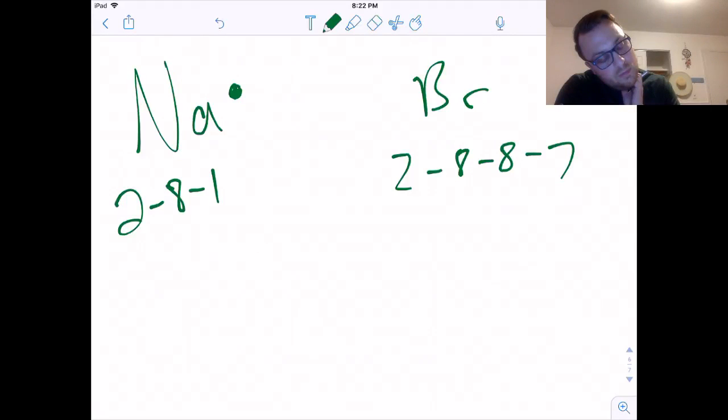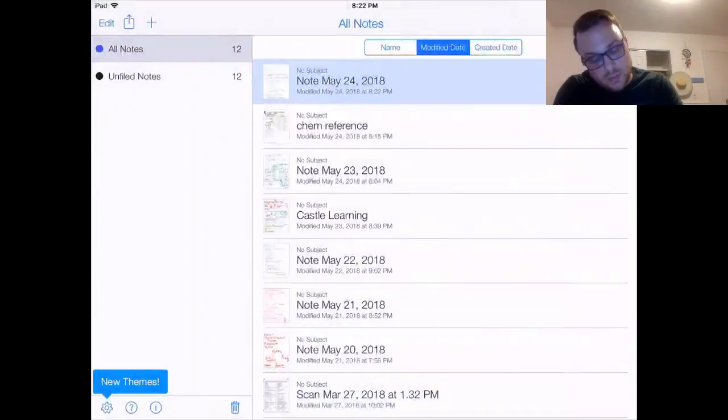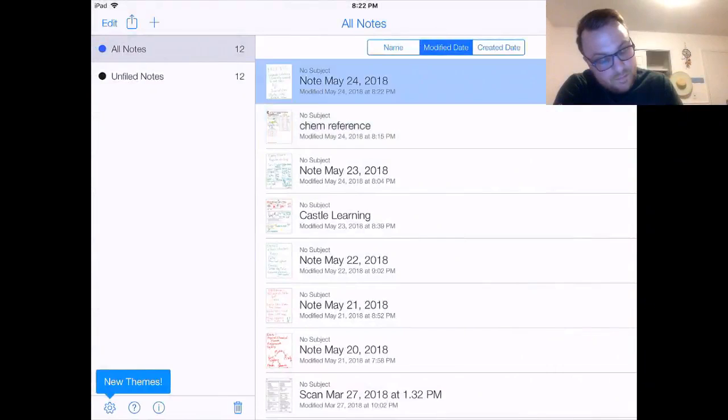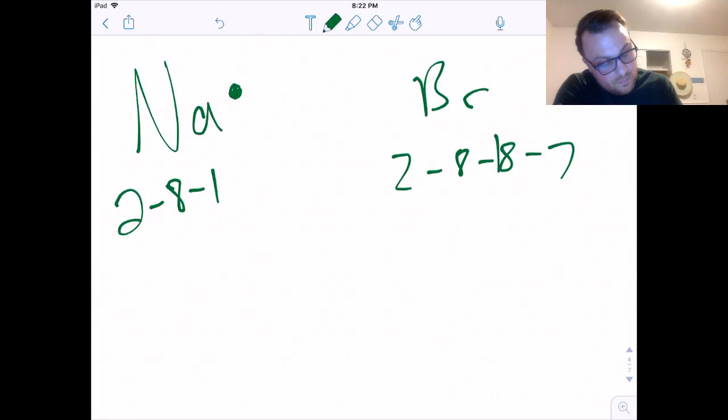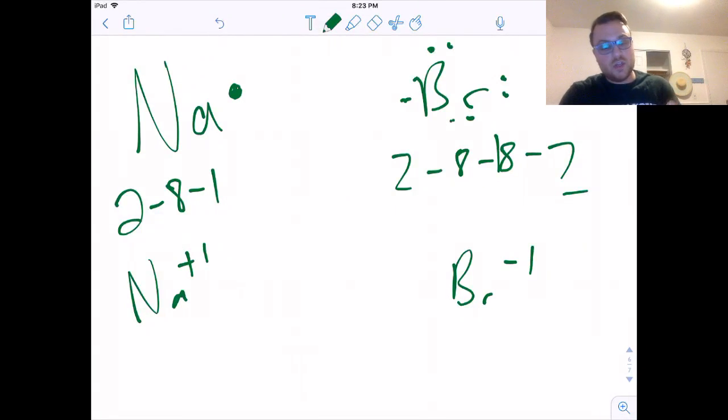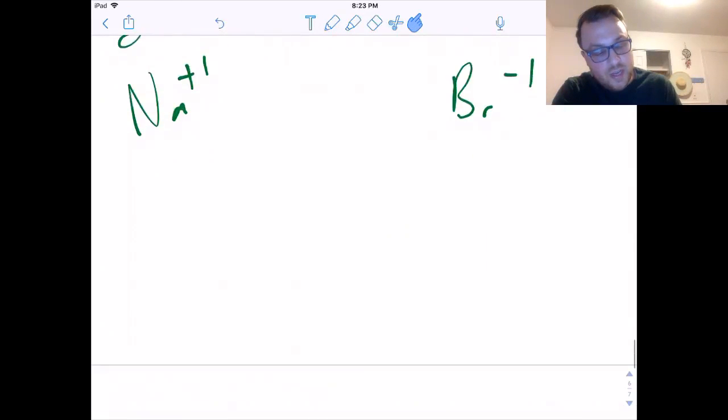Wait, no, it's not. 2-8-18-7. So it has 7 valence electrons. 1, 2, 3, 4, 5, 6, 7. So sodium as an ion is +1, and bromine as an ion, ions are charged, is -1. So sodium is going to take that electron and transfer or donate it to bromine, making sodium +1 and bromine